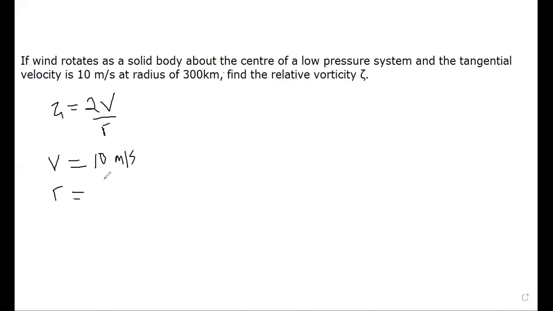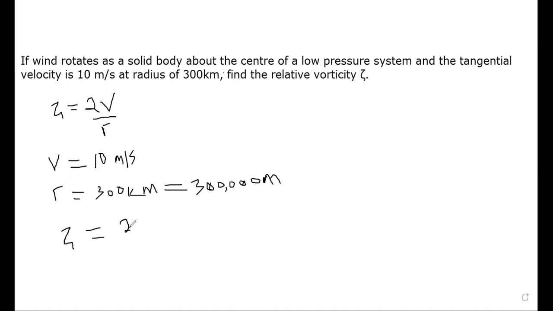is equal to 300 kilometers. The kilo here means 1,000. So use 1,000 to multiply with 300. So we can also write it as 300,000 meters. All right. So if we substitute V and R into our expression here,